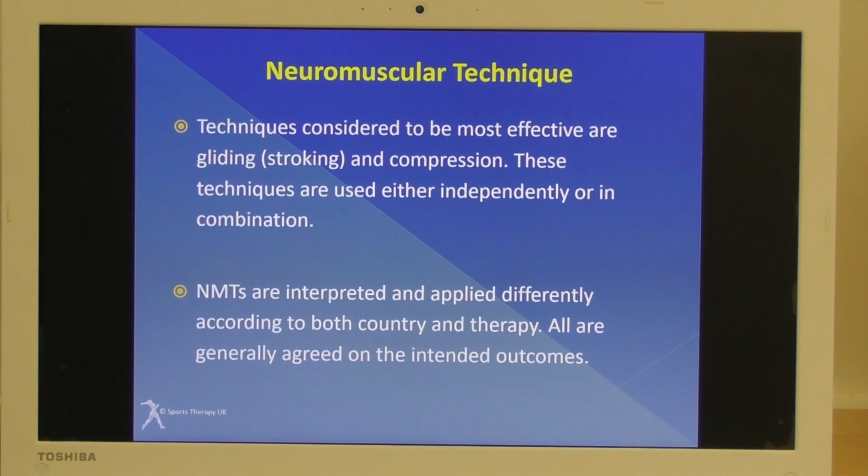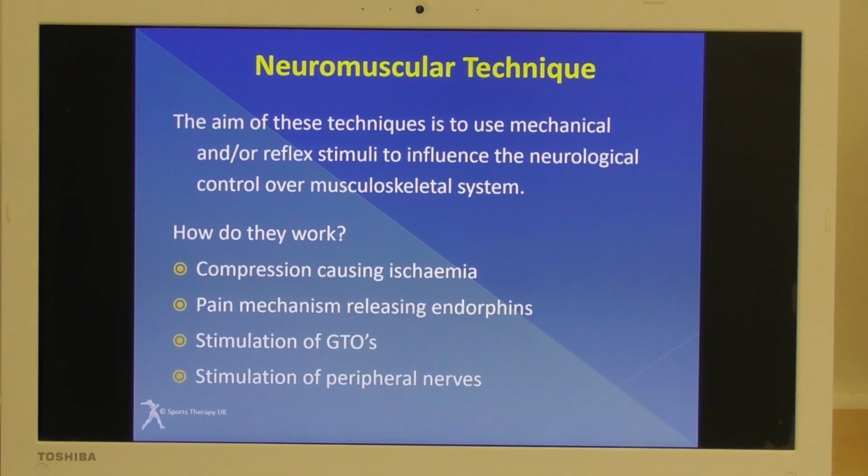Techniques to be considered the most effective are gliding or stroking and compression. These techniques are used independently or in combination. NMTs are interpreted and applied differently according to both country and therapy, but all generally agree on the intended outcomes, so pretty much the same. The aims of these techniques are to use mechanical and reflex stimuli to influence the neurological control